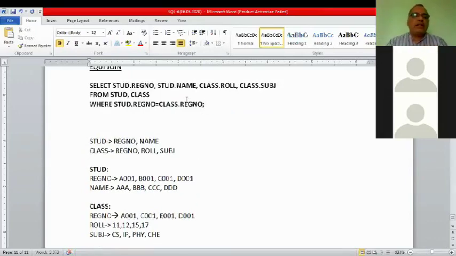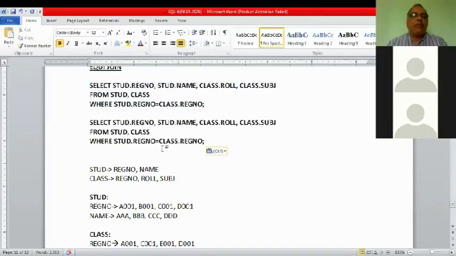Another way of writing the same command using some shortcuts, both are same. Just for example, I'm telling you. So say if I write STUD space x and class space y.